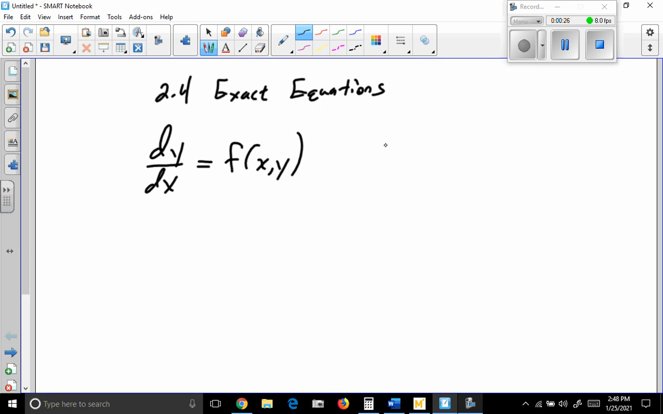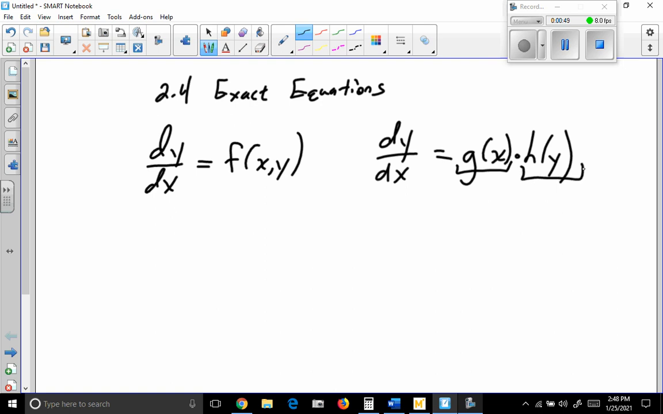When we looked at separable differential equations, we said that if we could rewrite the right side into some function of x times some function of y, and we use different letters, sometimes g, sometimes h, sometimes p, whatever. But if we could rewrite the right side as a product of x functions times y functions, then we could separate this where all the y's are on one side, all the x's are on the other side,